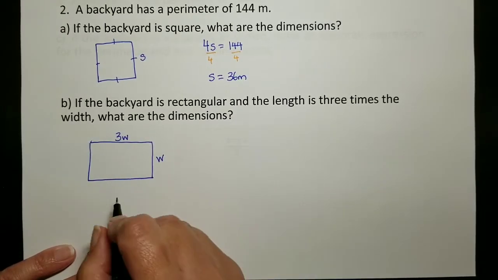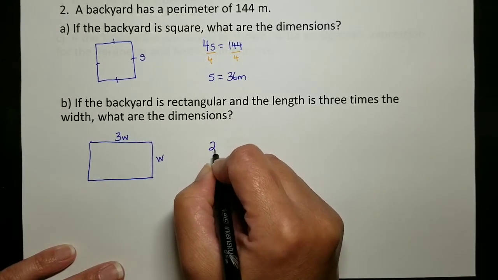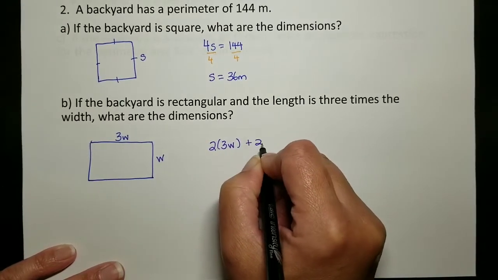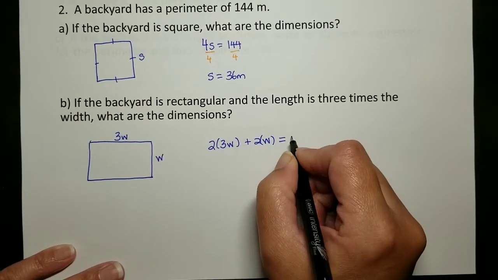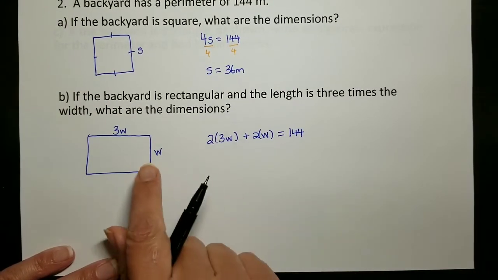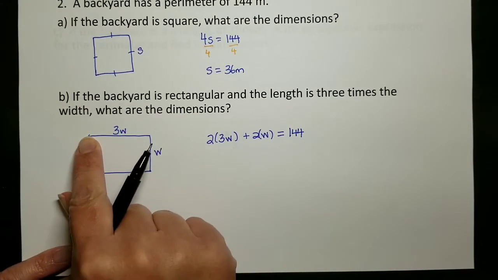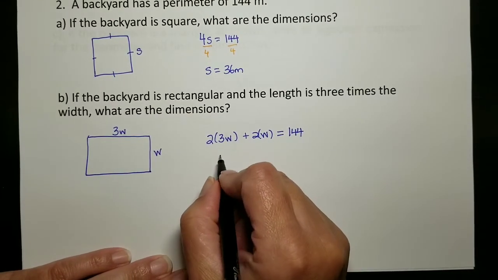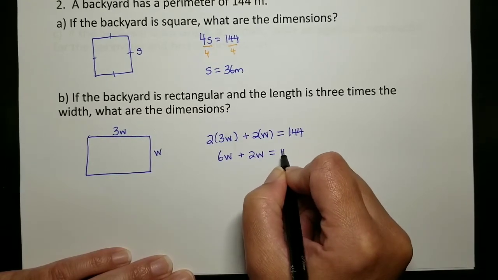Now my perimeter would be 2 times the length, which is 3W, plus 2 times the width, and that's also going to be 144. So you could also say 3W plus W plus 3W plus W, just to add them all up. So here for the lengths I get 6W plus 2W equals 144,